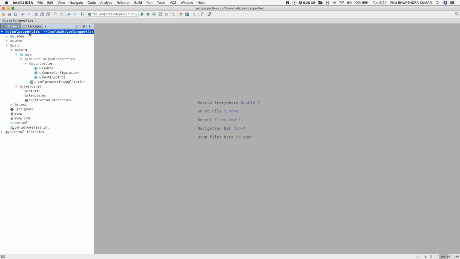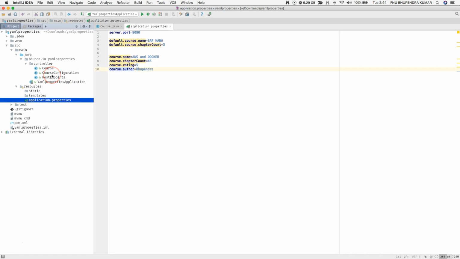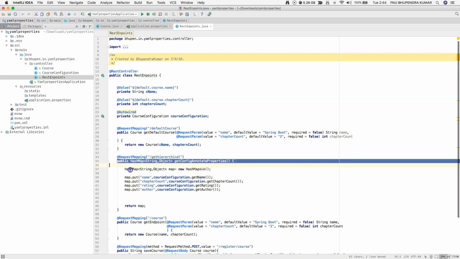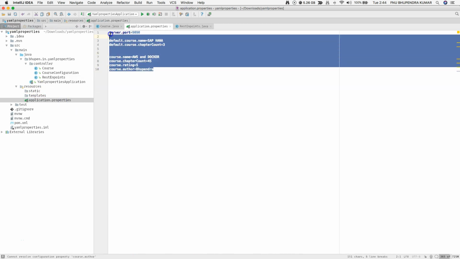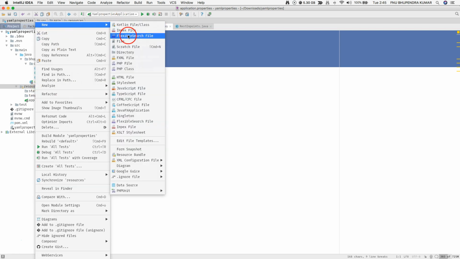This is the project that I have created from the Spring Initializr UI, and I have copied everything that we have done until the last demo, where we talked about properties, the hierarchy approach, the injection approach, and different endpoints. So everything is there, and we can proceed further and understand how to use YAML. We know this is my property file. What I'm going to do is create another file called